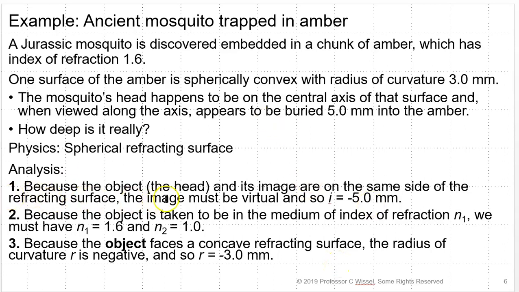Okay, so because the object, the head, and its image are on the same side of the refracting surface, they're going to be inside the surface. The image is virtual. That means I is negative, and we'll write down negative 5 millimeters. The object is taken to be in the medium of index of refraction n1. We will have n1 equals 1.6 and n2 equals 1 because it's embedded in the medium. The object faces a concave refracting surface. The radius of curvature is negative, so R is negative 3